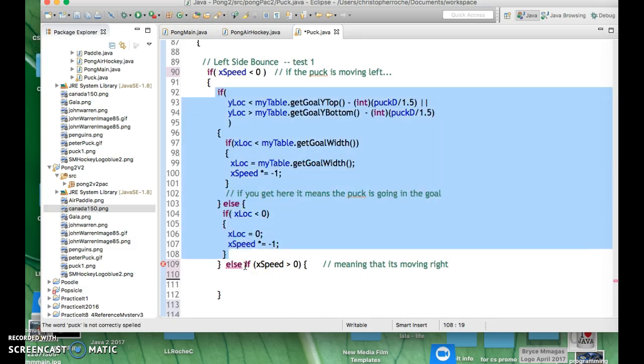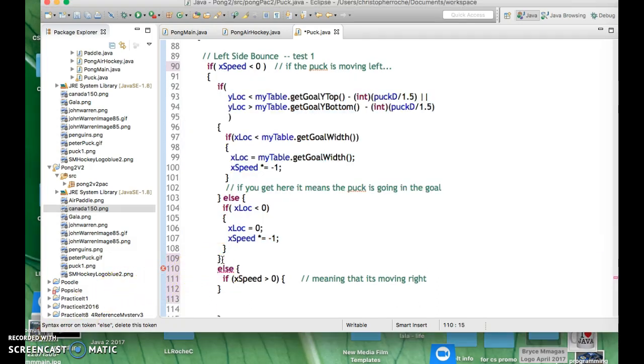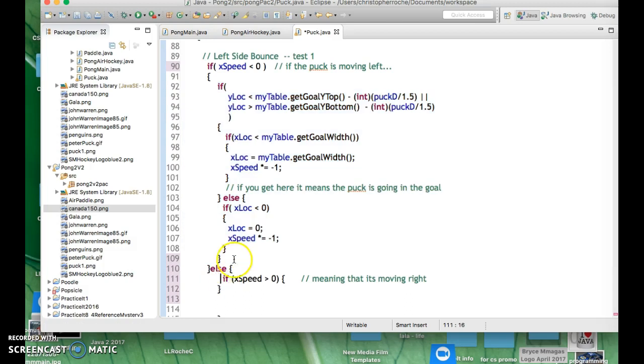Oh, I think I have to do this. Let me see. Else. Let me see. Okay. I think I need to do this to fix this error here. Because what we're looking for is if speed is greater than 0, then all of this is true. And then here we want an else if like this. Else if speed is less than 0, then what we're going to do is basically do the